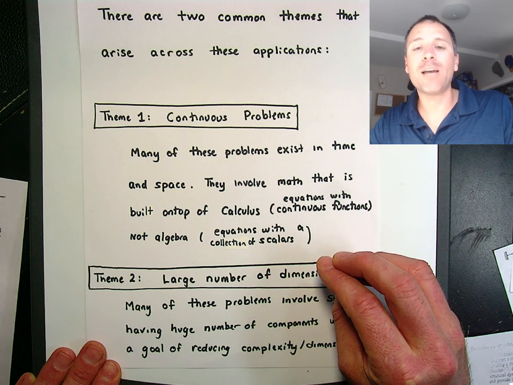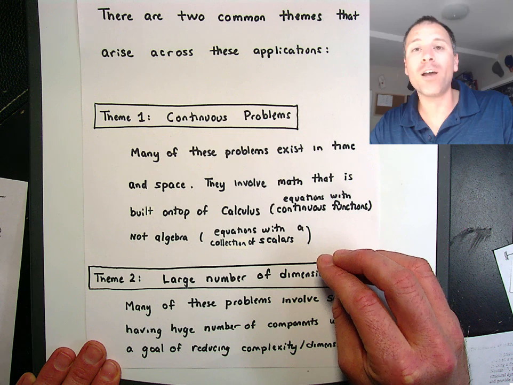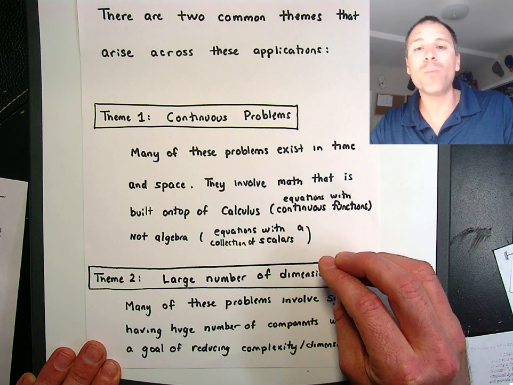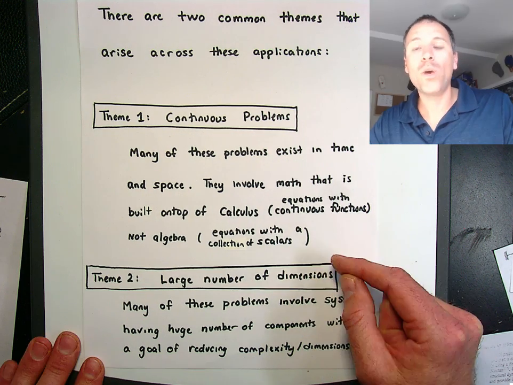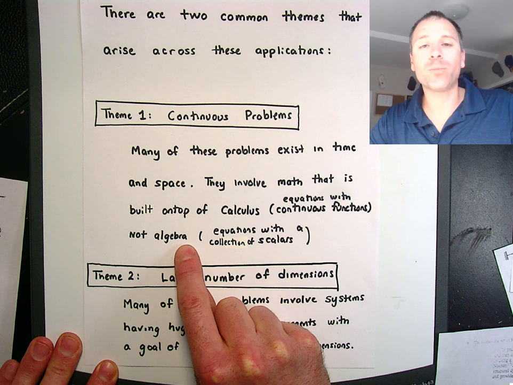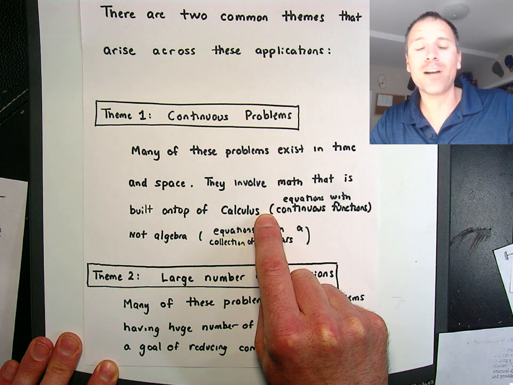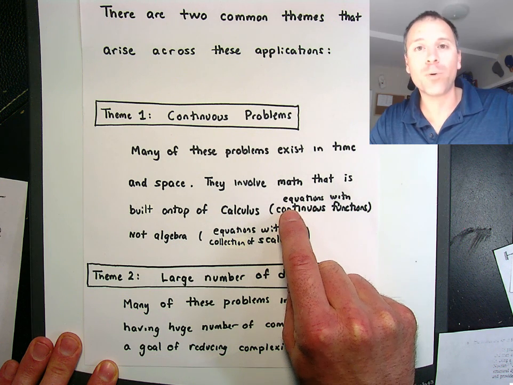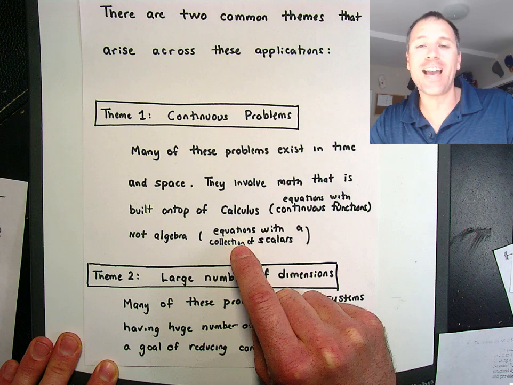Thinking back to our own time studying algebra and calculus, remember that calculus has a lot more going on because time is difficult. It's so much easier to analyze stuff that is static than stuff that changes, which implies, is there a way that we can use our knowledge of algebra to say something meaningful in calculus? That's exactly what eigenvalues do. They turn continuous problems into discrete problems. They turn calculus problems into algebra problems.